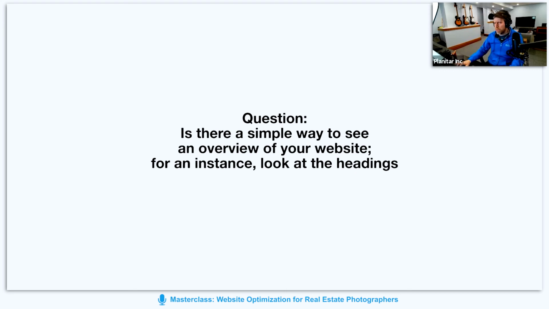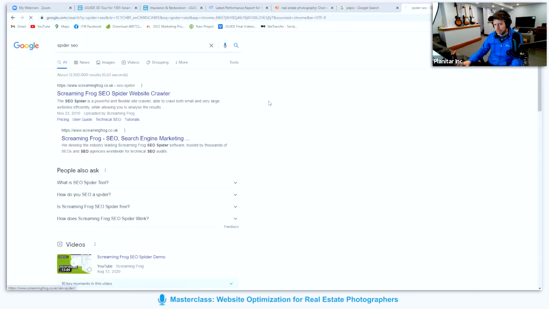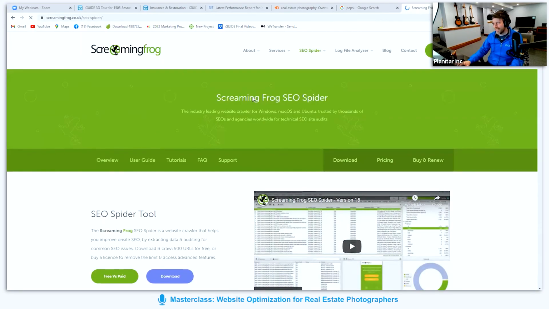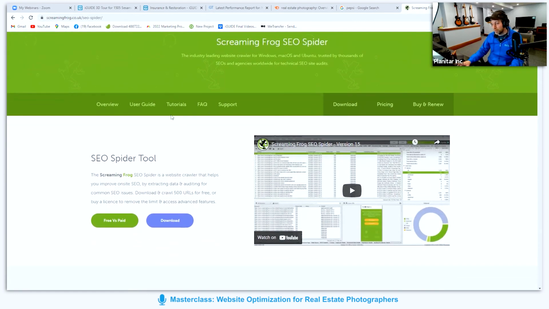We used to use one called Screaming Frog Spider. Yeah, this is it. It's got a good name. But it's awesome. This is really good software. It's a desktop thing, not an online thing, but you can use this software to basically crawl your whole website, and it will